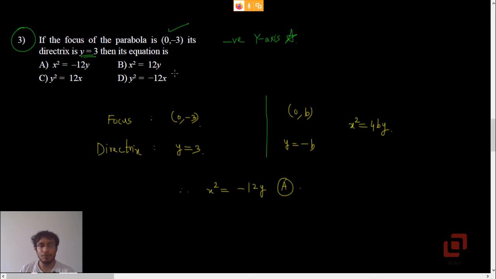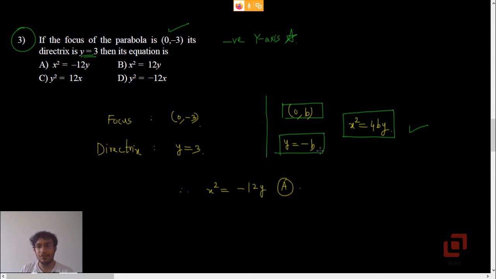If you do not want to spend your precious time in deriving the result, then it will always be better if you know the ready-made formula. If the directrix is horizontal, then the equation of the parabola is always in the form x squared equal to 4by. For such a parabola, the focus is at the point (0, b), and the equation of the directrix is y equal to negative b.